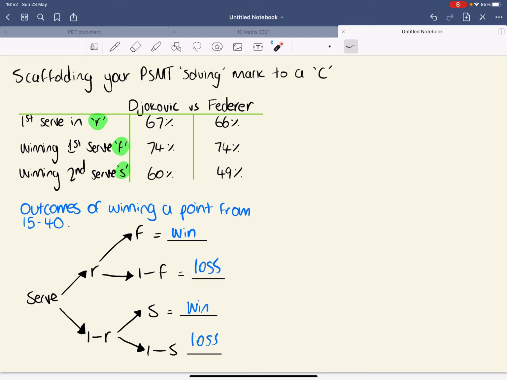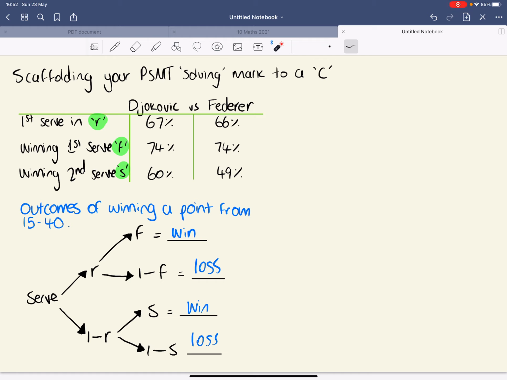Right, year 10s. We'll have another go at this one. Second time video. I'll do the other one as well, the scaffolding to a higher than C level, but I'm not exactly scaffolding. I'm more like giving some hints on how to think and where to think. But this video is around scaffolding you to a C for the solving aspect, the solving mark